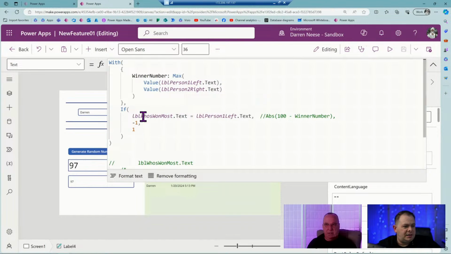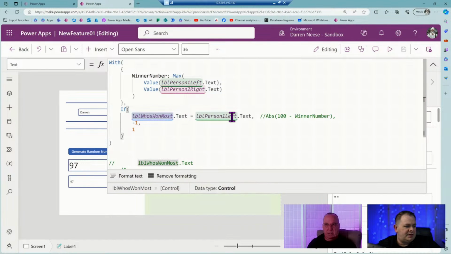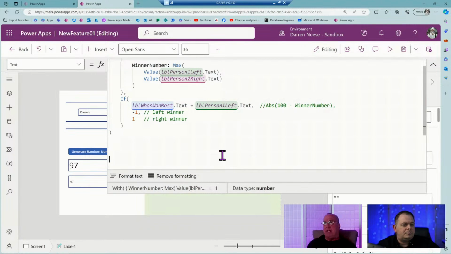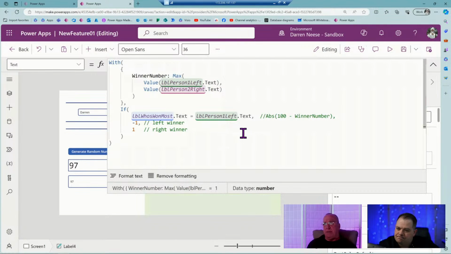So you said, boom. So if the person who's won the most is the person on the left, left winner, and this is the right winner, right? Now, we're always going to be adding, either from 100 or from 0. We just got to figure out if it's going to go from 100 or 0.